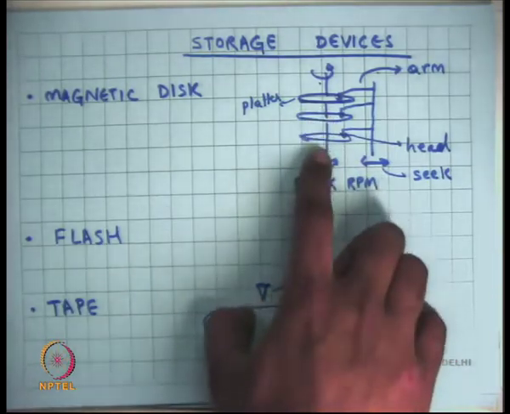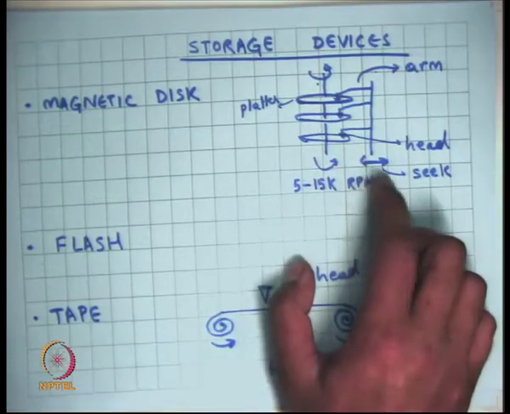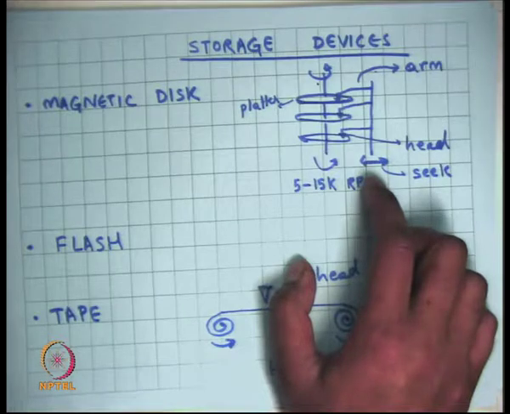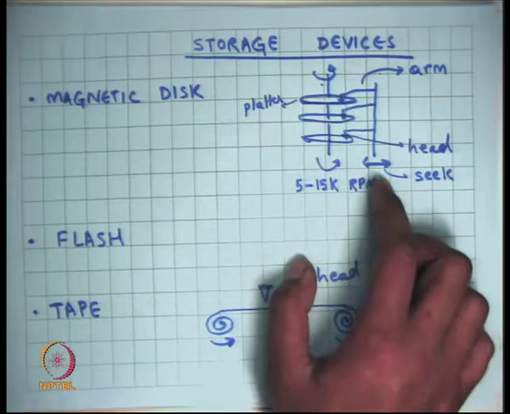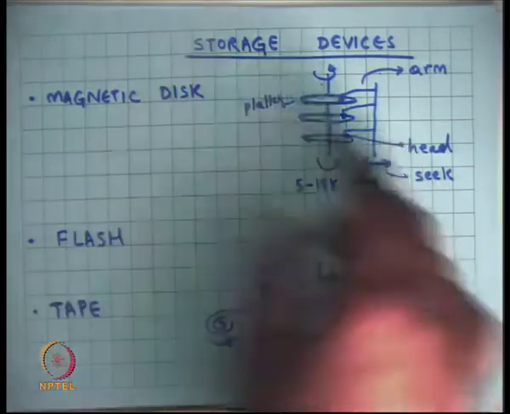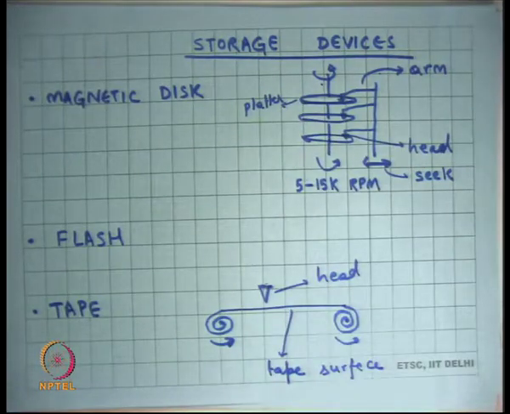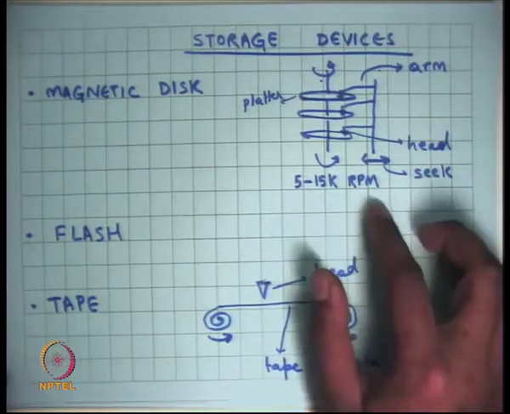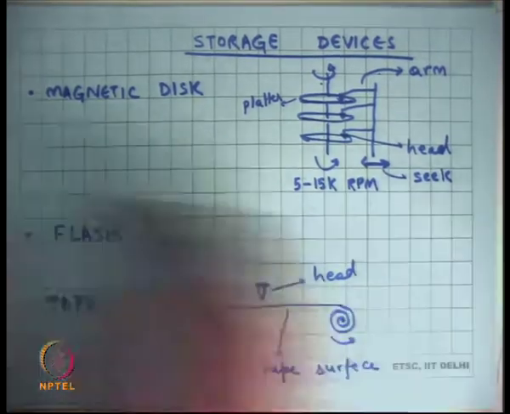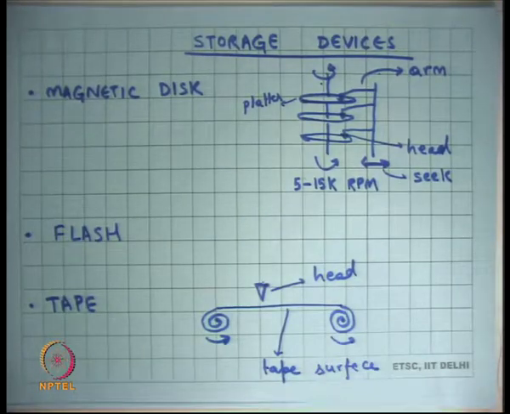So these are called platters. Each surface is called a platter, and these disk arms move radially, right? While it's possible to have separate disk arms for different platters, in practice mostly you will have a single disk arm and multiple heads attached to the same disk arm. So all the heads move together in one direction or the other, right? And we also discussed some things about how long it takes to seek, and in general what's the throughput of such a system, and we are going to discuss it in more detail.